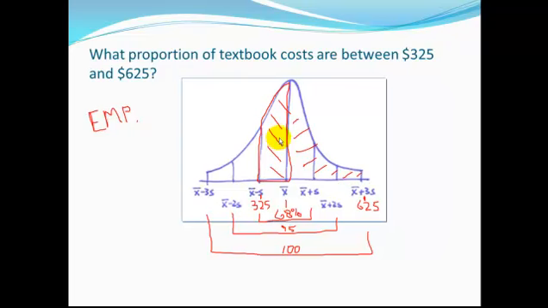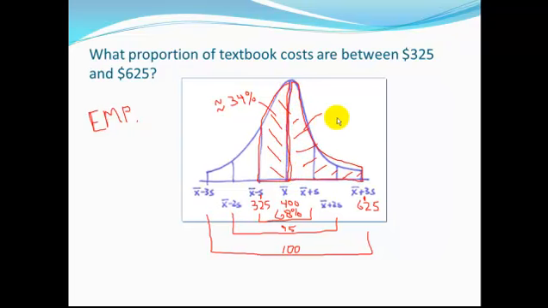So this part on this side, between 325 and 400, which is the mean right here, which I'll draw in like that, that's going to be approximately half of 68, which is 34%. And if I go and look at this other side over here, come on down to the 3 standard deviations and then go up here at 400,